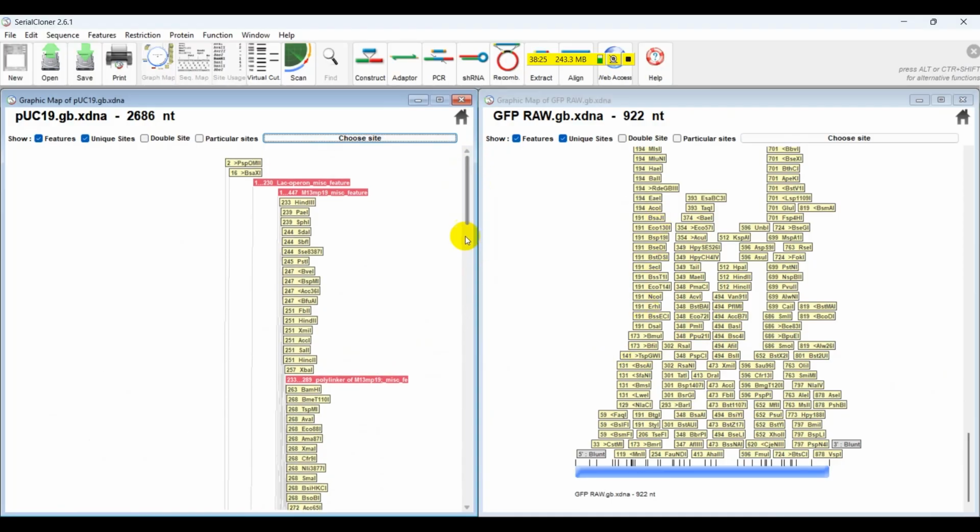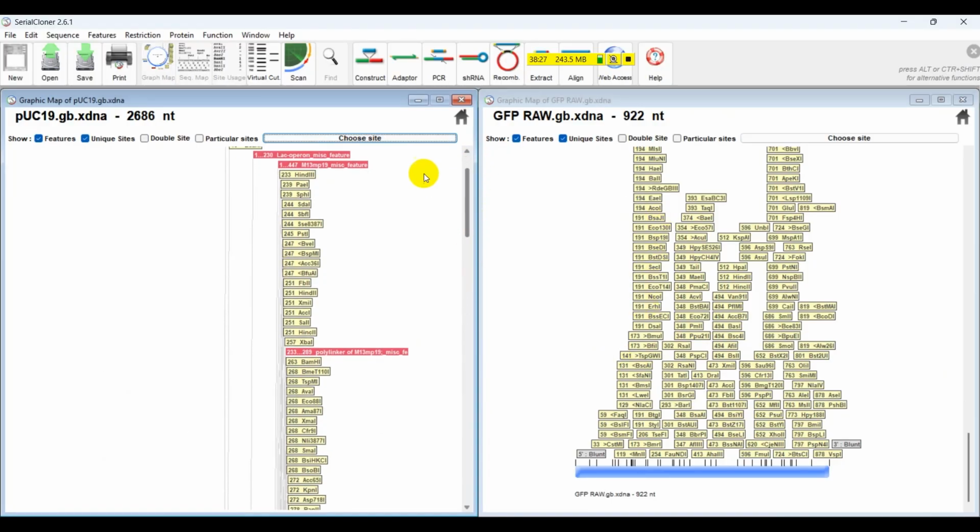So here you need to select that for PCR cloning, we need to do PCR cloning through which the two cutting sites